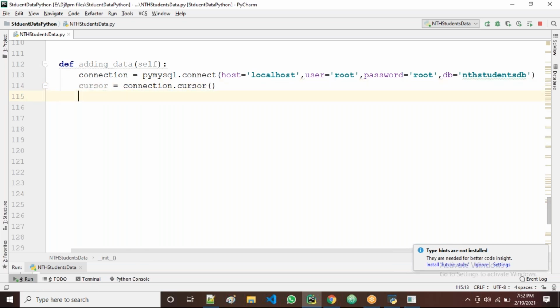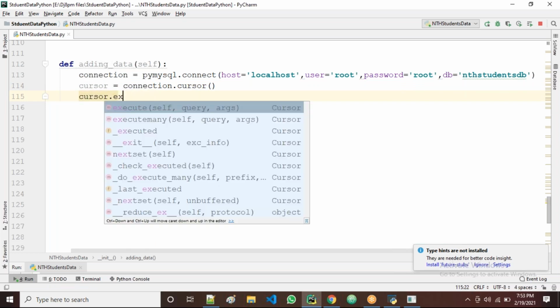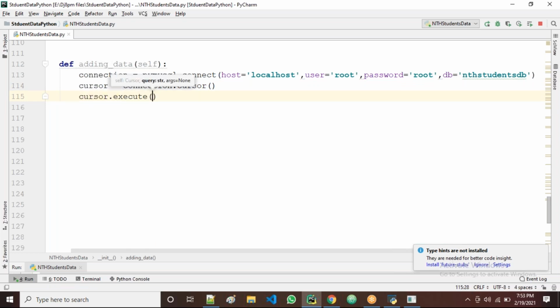Okay, right. Now we use this cursor to execute the SQL queries. Now all of you observe, what is the variable name? Cursor dot execute of. Then, guys, here what do we do? We read the SQL query, guys. SQL queries, either delete query or insert query or select query, any query we write here. That query is executed by which one? By cursor.